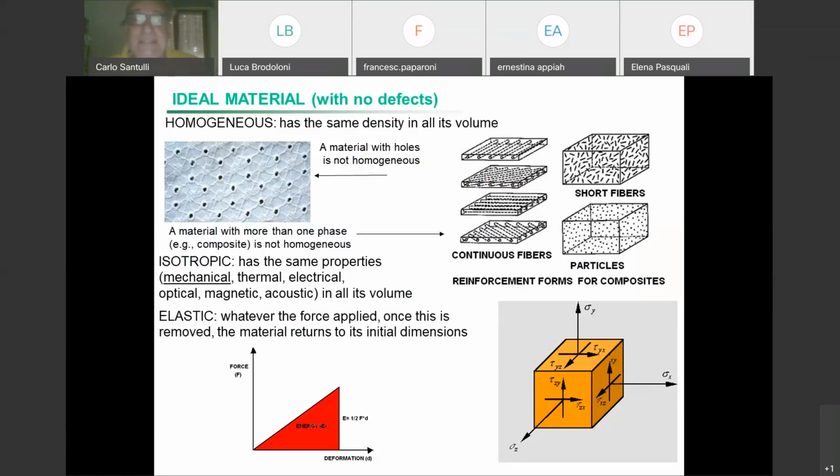There was an ideal material. So, of course, the first characteristic was that an ideal material was elastic at every time in its existence. So we apply the force, and then we apply a force a number of times, and it always rebounds back exactly to its initial dimension.